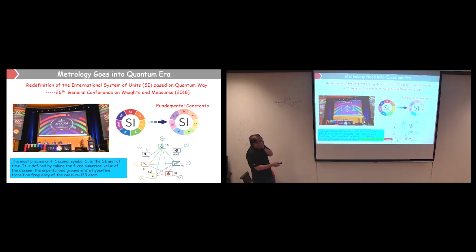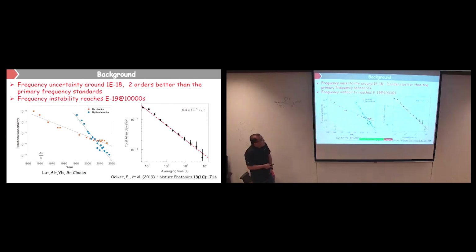all other units like the ampere, meter, kilogram, candela and temperature are all related to the second. So it means the second definition is probably the most important thing. And the second definition is actually the most precise measurement of the whole unit system. And currently, we are using the cesium's microwave transition to define the second.